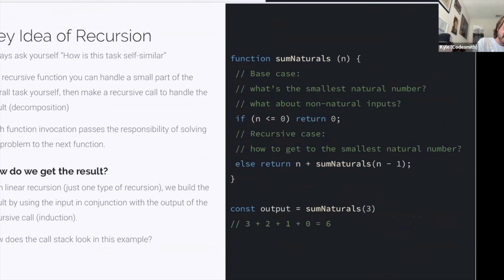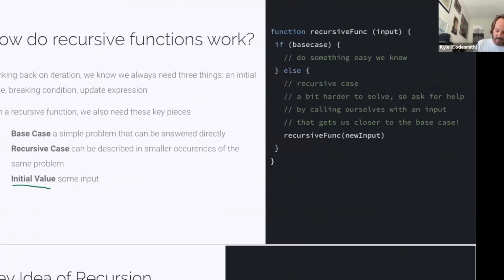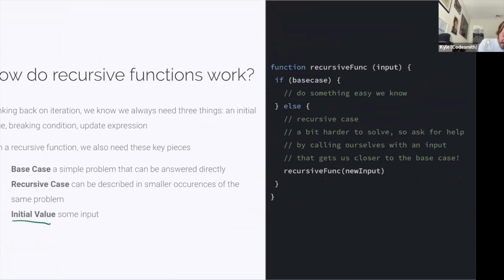So this is where I like to think of, let's see here, let's say sum naturals of 3, what we did before. Let's do it here where we have a bit more space. So sum naturals of 3. Well, another way to think about the sum naturals of 3, the sum of all numbers below 3 or 3 and below, is that it's going to be 3 plus the sum of all natural numbers from 2 down. So essentially it's 3 plus sum nats